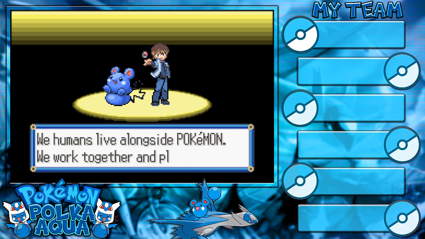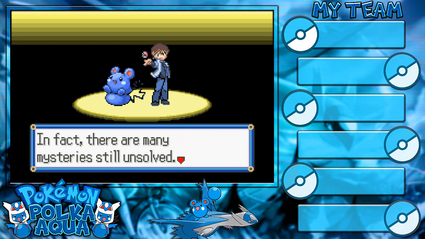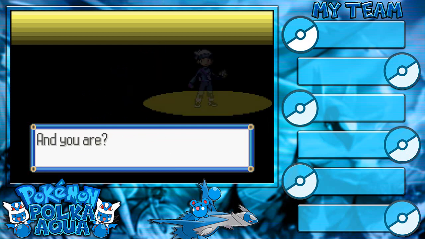Nice! We humans live alongside Pokemon. We work together and play together with them. And sometimes we battle with them, but only if they let us. However, we don't know everything about Pokemon. In fact, there are many mysteries still unsolved. I've been doing some research to unravel Pokemon mysteries. That's what I do. And you are...